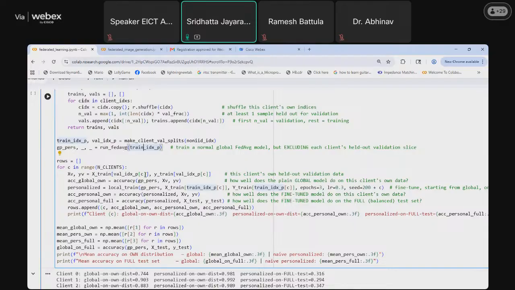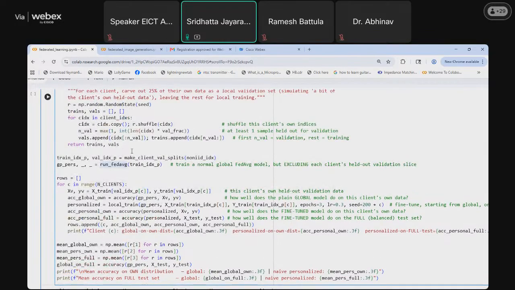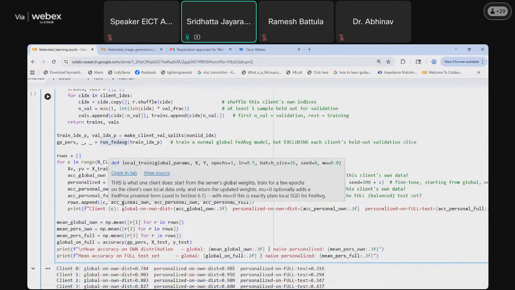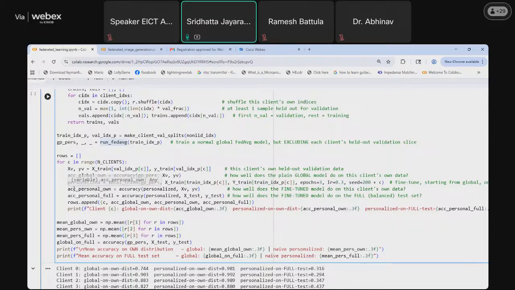And then, after running the FedAvg algorithm, we will do the fine tuning.